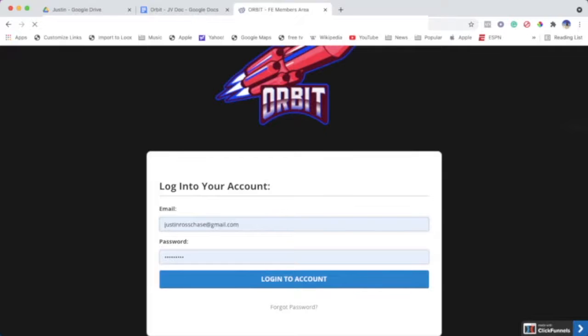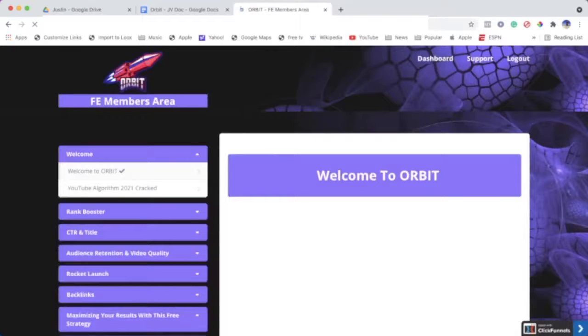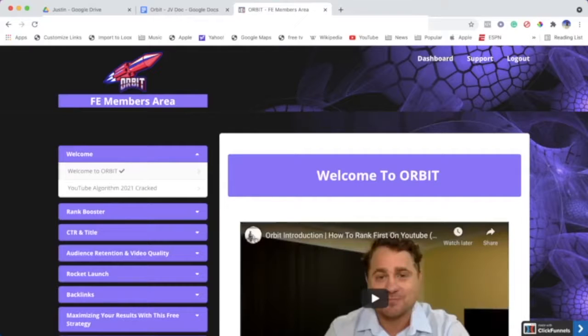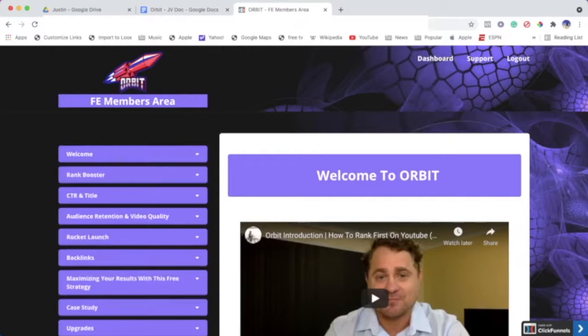take you to this sweet, amazing looking dashboard and members area. I mean, you might say I'm biased, but it just looks so sleek, so clean, just very, I don't know, very engaging to the eye. I really like it, and I hope you guys do too. I know you will. Now, the very first thing I just want to point out is obviously to the left,